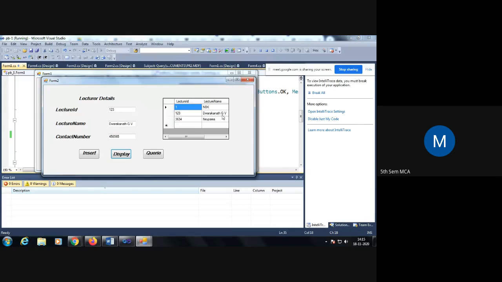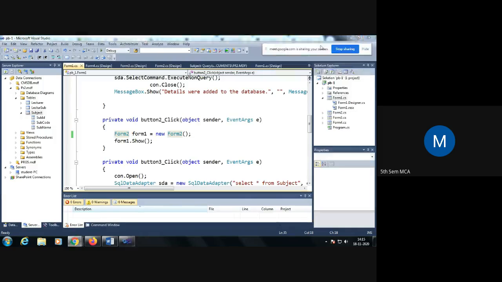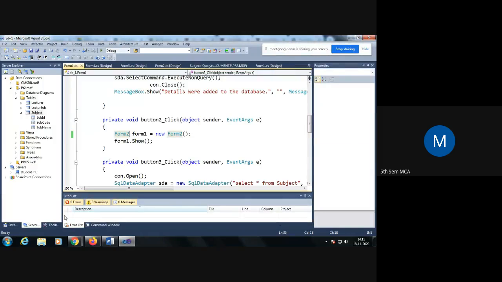Yes, students, understood? Anybody have doubt? Anybody want me to repeat any code? Anybody? Did anyone not understand? Yes. No. So now